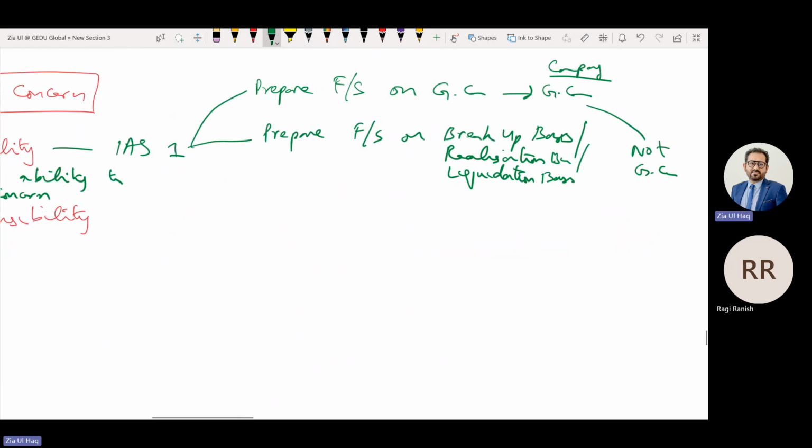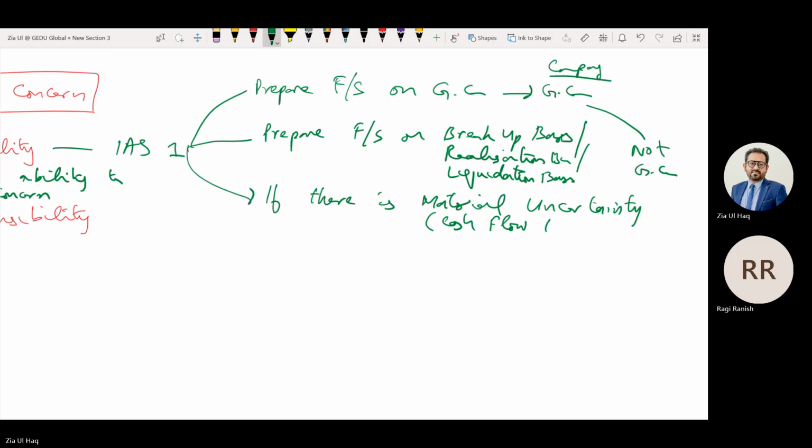And then IAS 1 says, if there is material uncertainty, meaning a cash flow issue, it must be disclosed in the financial statements.